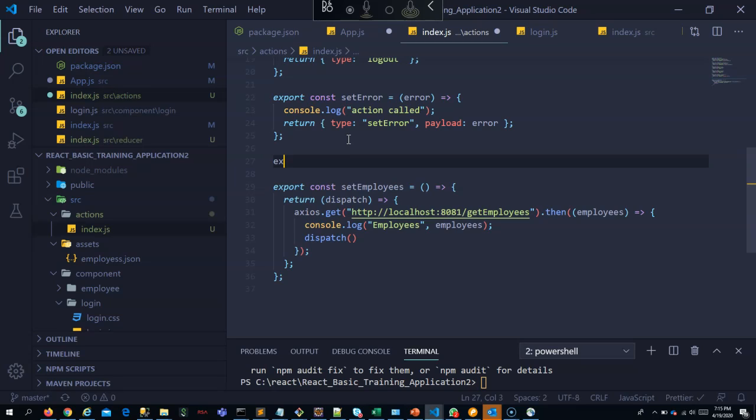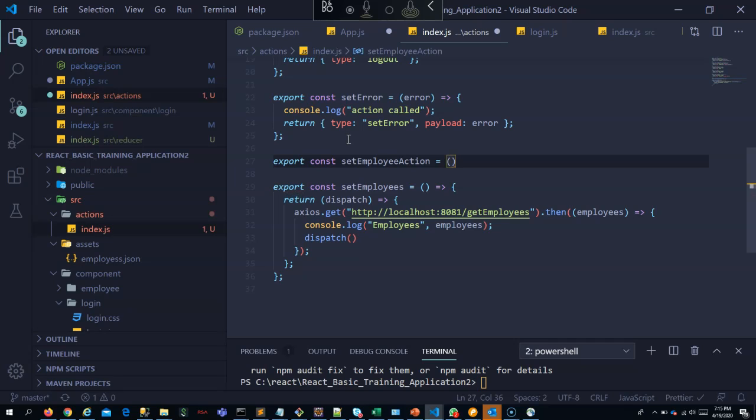So we can put something called a constant, set employees. Set employee action. Here